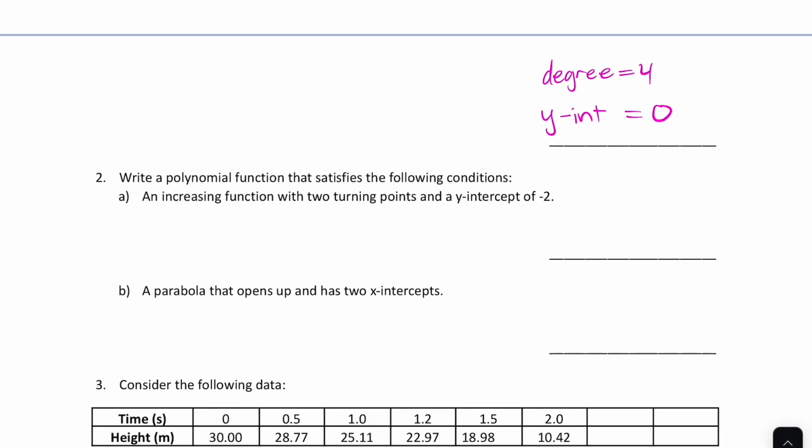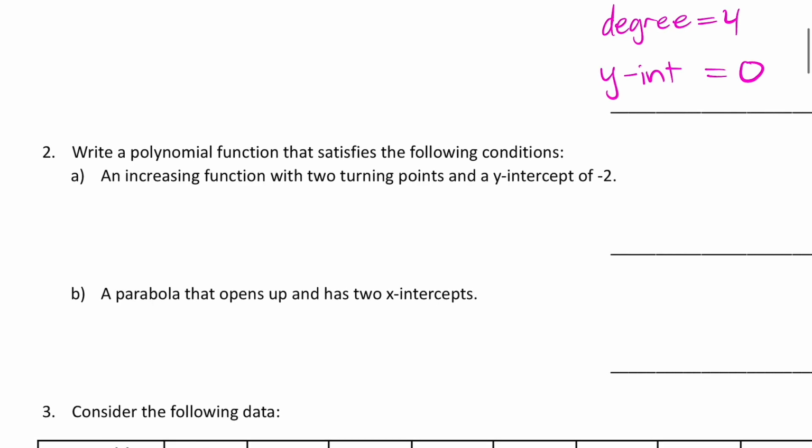Alright, write a polynomial function that satisfies the following conditions. A, an increasing function with 2 turning points and a y-intercept of negative 2. And B, a parabola that opens up and has 2 x-intercepts. Okay, I don't know what it means by opens up, but anything else? So start with A, that's fine. So what's it asking for? 2 turning points means it's a cubic,